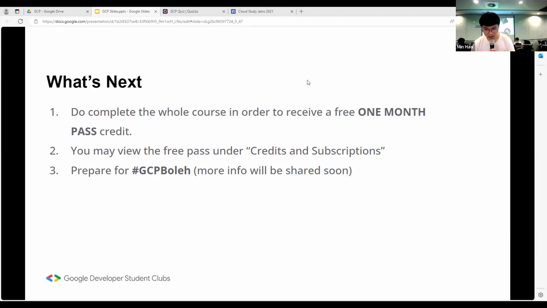Okay? And this cloud session is technically a preparation for GCP Bole. GCP Bole is a global initiative by Google to encourage users to use Google Cloud Platform for various usage. So if you go through courses and complete them, once you reach a certain number of courses that you've completed, you'll actually be able to receive Stripe from Google itself. So not Google Malaysia, but all the way from Google US. Okay, so